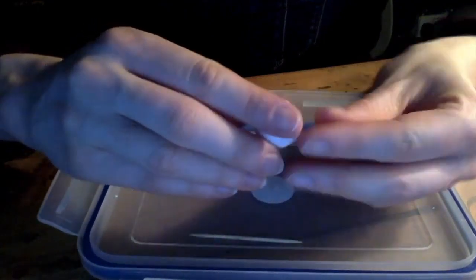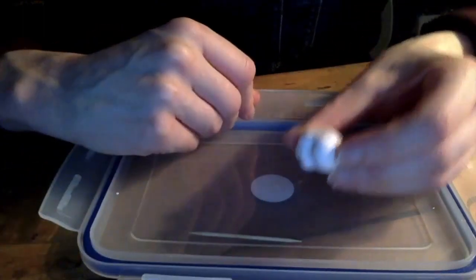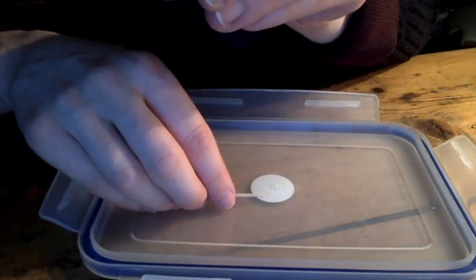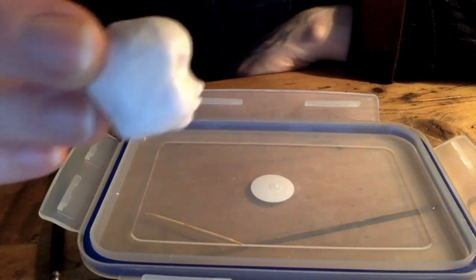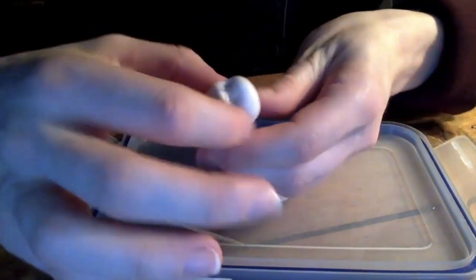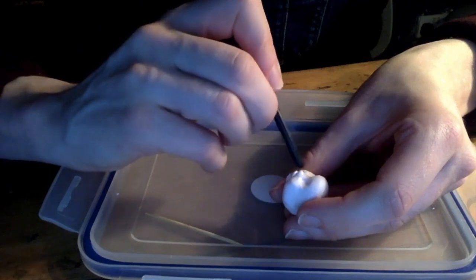So this profile is looking good from this side. Can't quite see in the light this side. Yeah, it's okay that side. So I'll look at it straight on now and I can instantly, sorry, there's the profile one side and the profile the other side. When I look at it straight on, I can instantly see that the eye sockets need changing shape a little bit, and this fold here needs smoothing into the side of the nose,